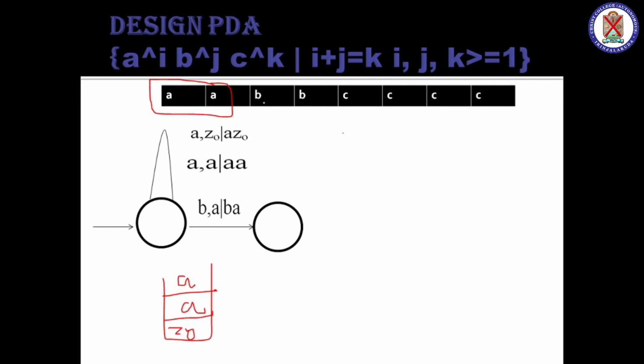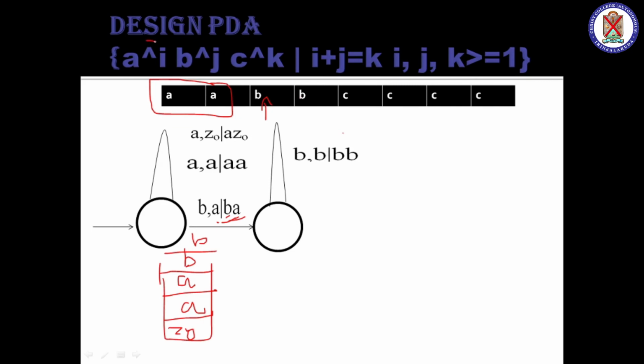Next, when B comes, that is, the first B comes, what will the stack top be? A. So then insert what? BA. That is, A is inserted first, then B. I am reading from the right hand side, but insertion comes from the left hand side. So when the next B comes, we must put it above that, isn't it? Whenever B comes, you must insert B's as such. The only difference here is that first A occurs, then only B must occur.